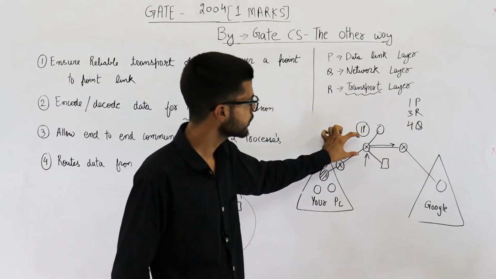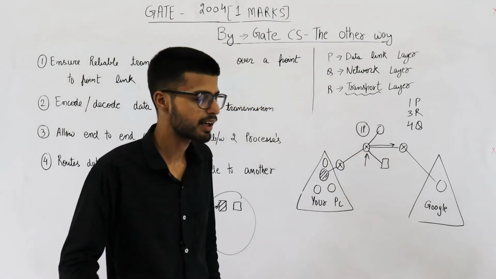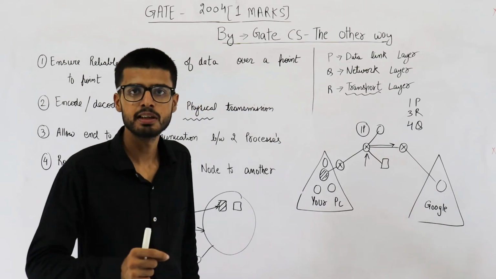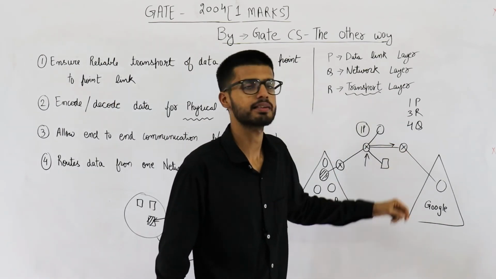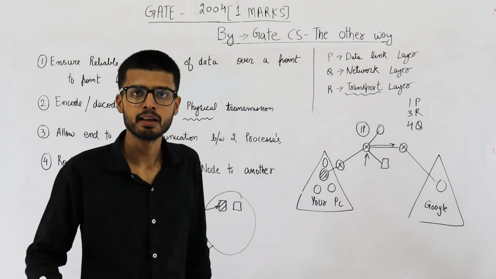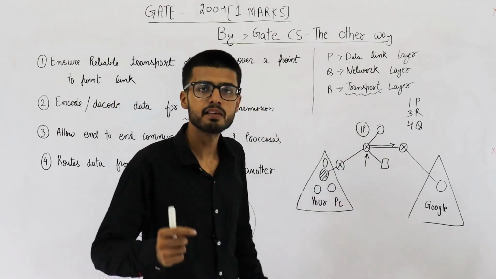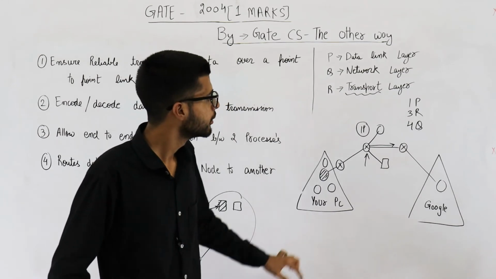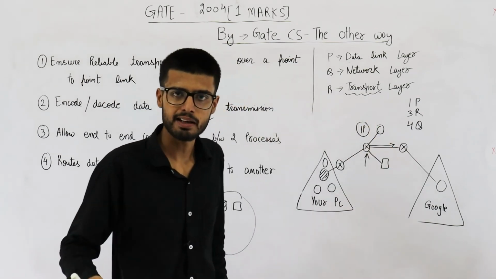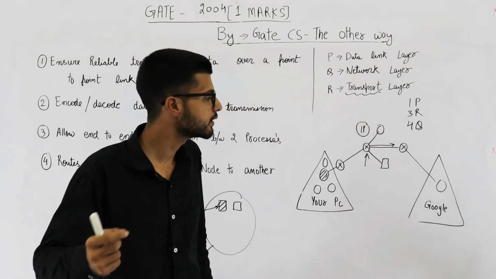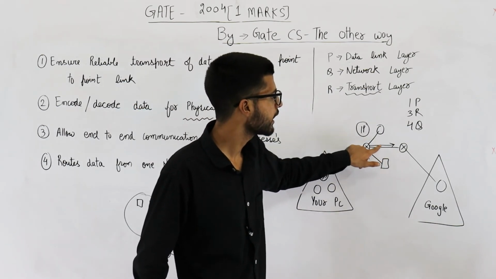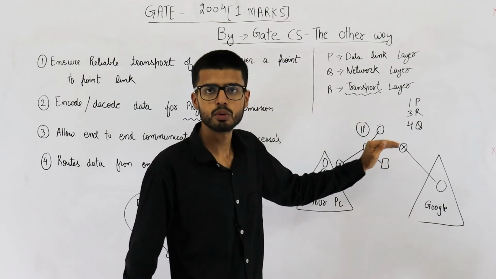Now see, the network layer has determined which is the next node. It is this one. That means the network layer has selected at which interface we need to forward this data. Okay, now the network layer will give that packet to the data link layer. Using that packet, the data link layer will actually do the transmission by preparing a frame, writing these MAC addresses, doing error control and stuff. Then it will give the packet to the physical layer for the purpose of encoding and for making that data go through the medium. Okay,